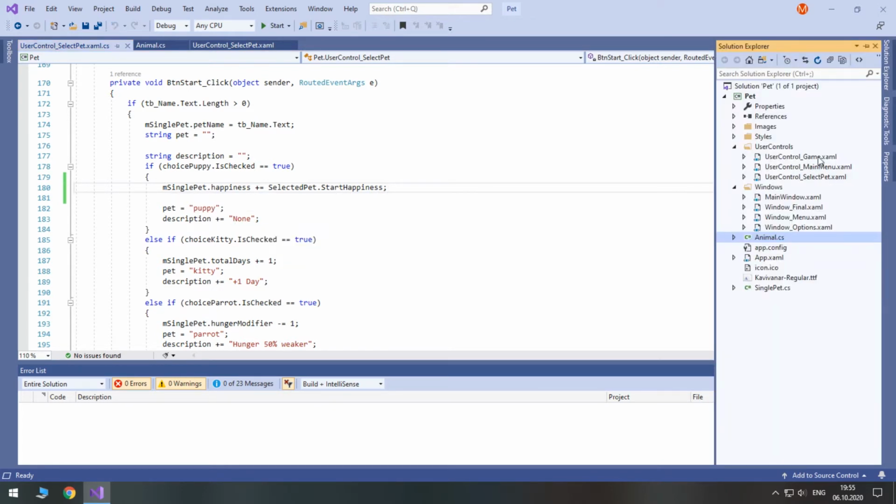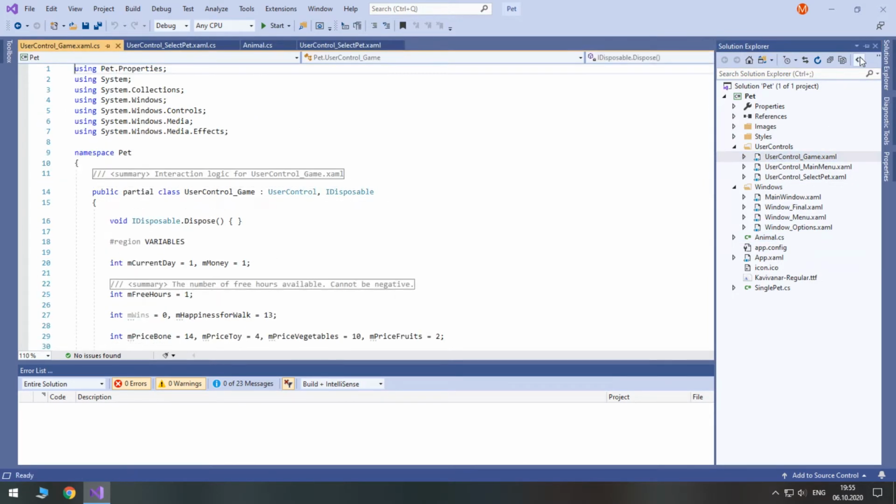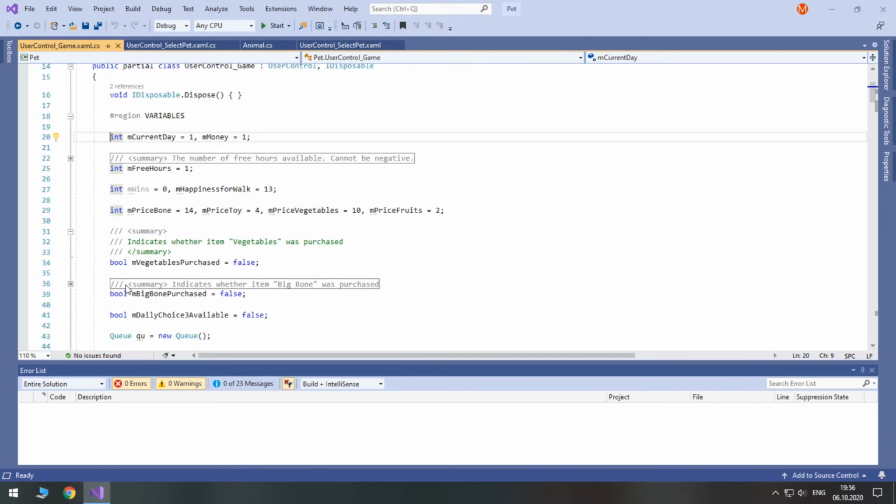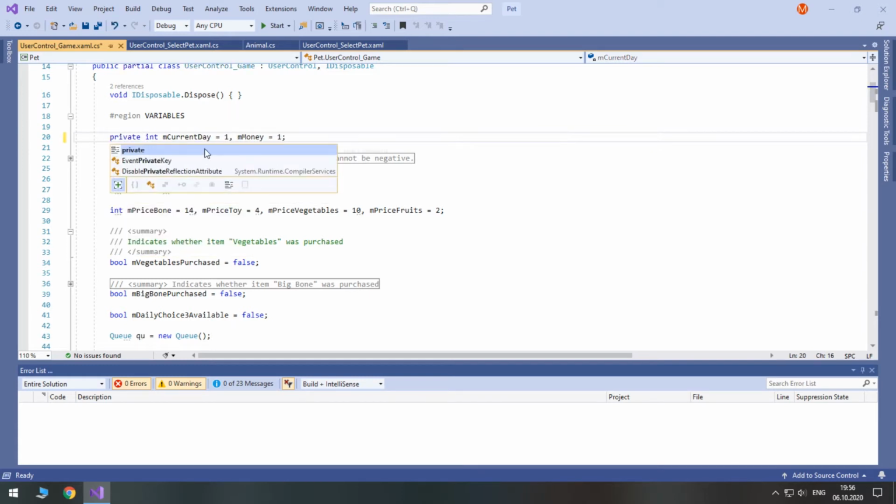We need to go to user control game for demonstration. Before we do that, it's a good practice to always indicate the accessibility modifier. So we have int, by default it's private. So let's type private.